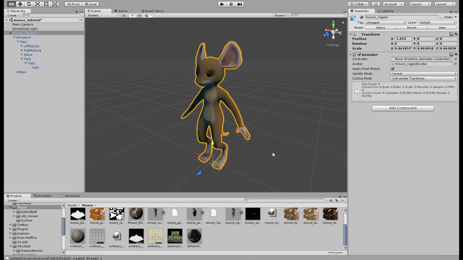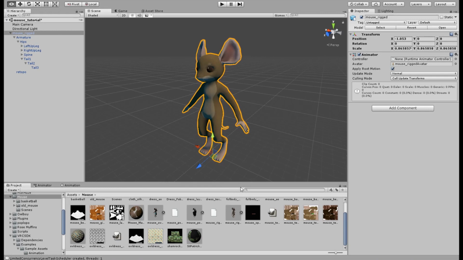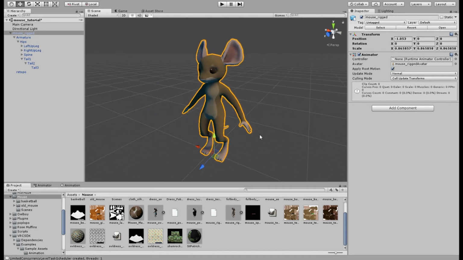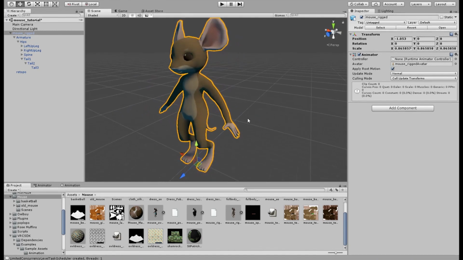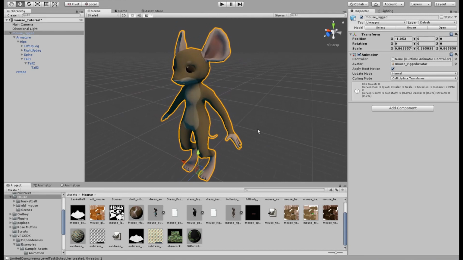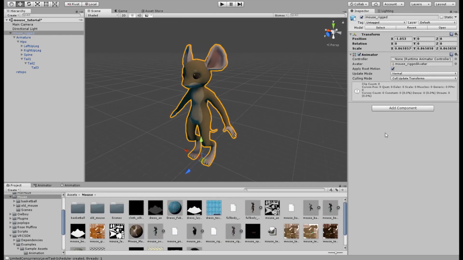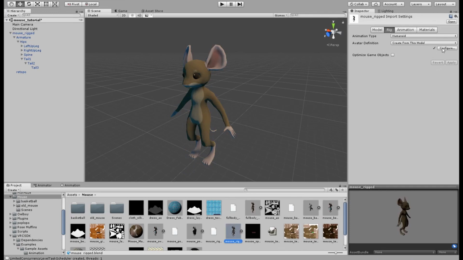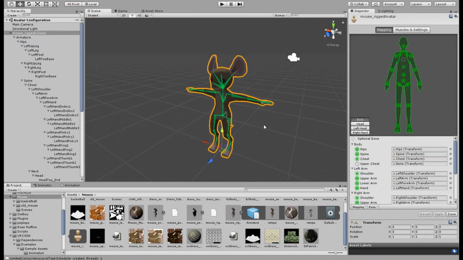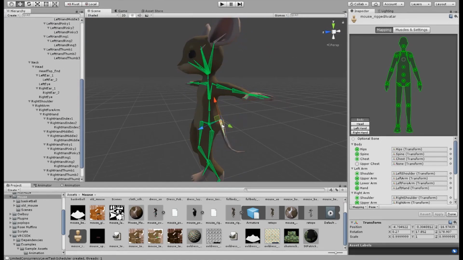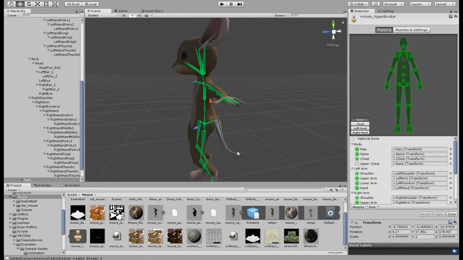Hello everyone, this is a short video tutorial on how to effectively configure dynamic bone settings in Unity for use in VRChat specifically. So as an example, I have a little mouse avatar. This avatar has some bones on its tail that I would like to set up with dynamic bones so that the tail swings